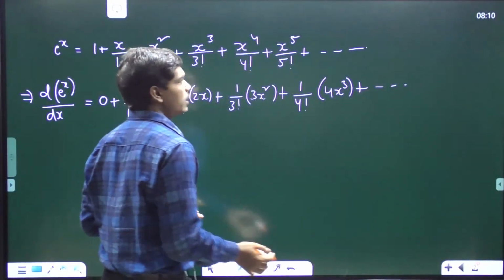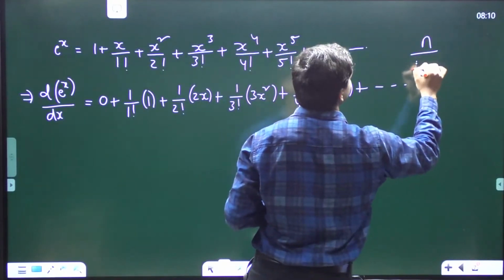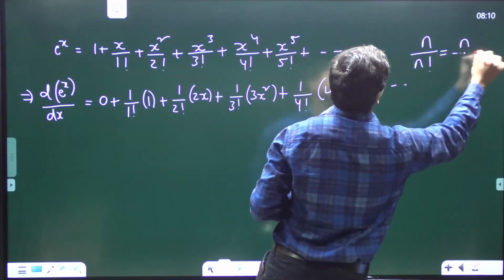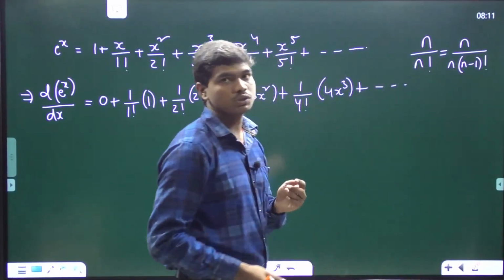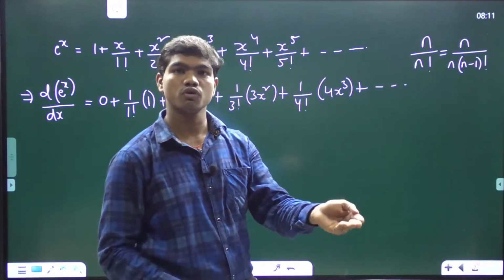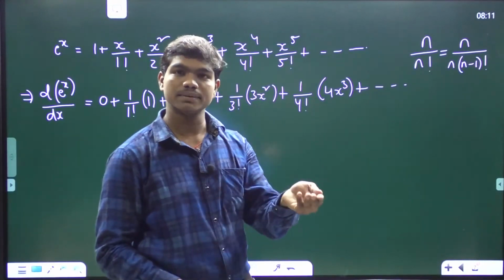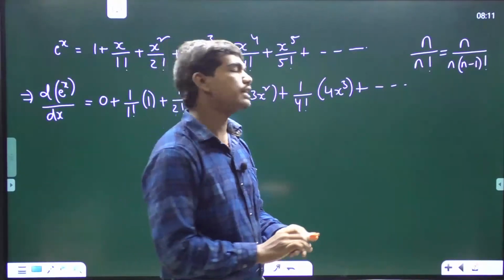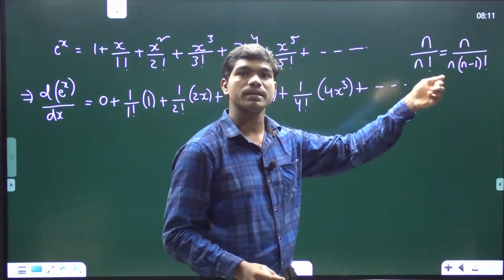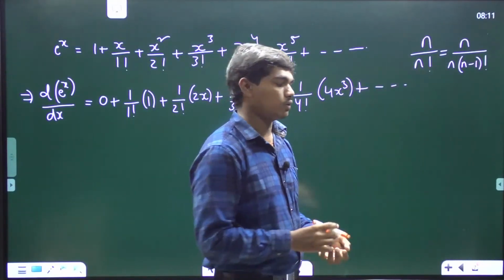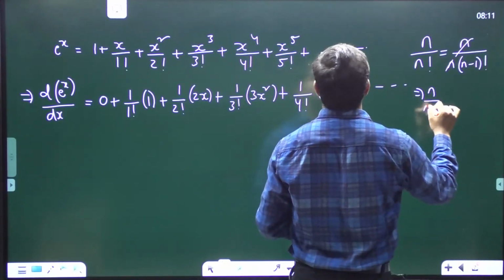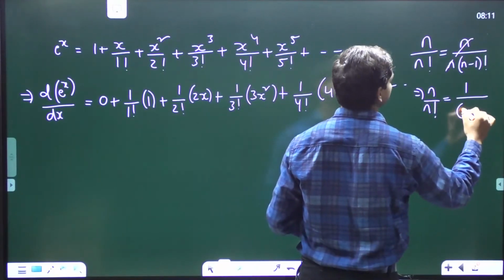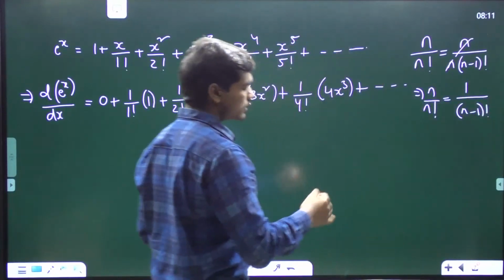Correct? So if you see, if you have n by n factorial anywhere, you can write this n factorial as n into n minus 1 factorial, because you know 5 factorial can be written as 5 into 4 into 3 into 2 into 1, which is same as 5 into 4 factorial. So if there is n factorial, this n factorial can be written as n into n minus 1 factorial. So when you cancel this n, you have this n by n factorial as 1 by n minus 1 factorial. Correct? So if I apply this logic here,